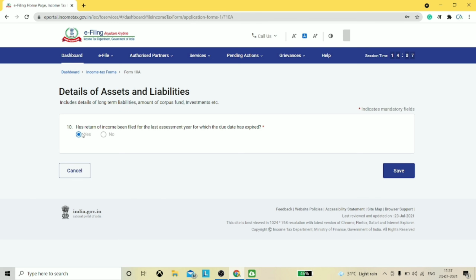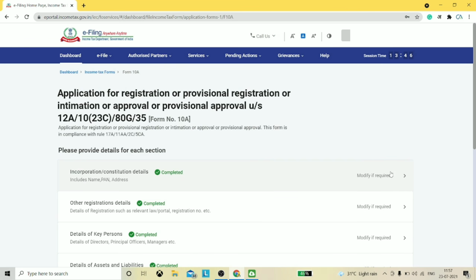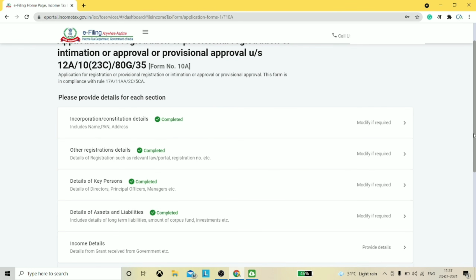If the organization has filed its return of income for the last assessment year for which the due date has expired, yes will be auto-selected in point number 10. You can just click on save and this section will be completed. You can see here the green tick with completed mentioned is there.